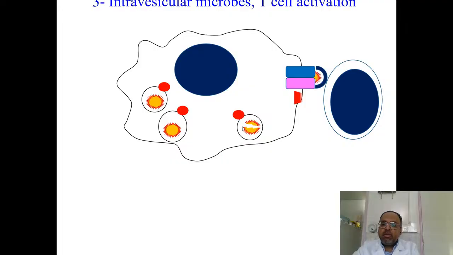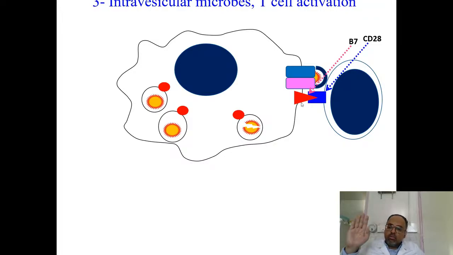What happens next is very important. In addition to the MHC and the antigen, another molecule appears at the surface of the T cell. This molecule, which I'm showing with the red triangle, is called the co-stimulatory molecule. T cells are like very sleepy people. Some people, when they're asleep, wake up easily if you call them or tap them. But some people don't wake up that easily. You call their name, but they roll around a little bit and don't wake up. Then you have to use a stronger stimulus to wake them up. T cells are like those sleepy people that don't wake up easily.